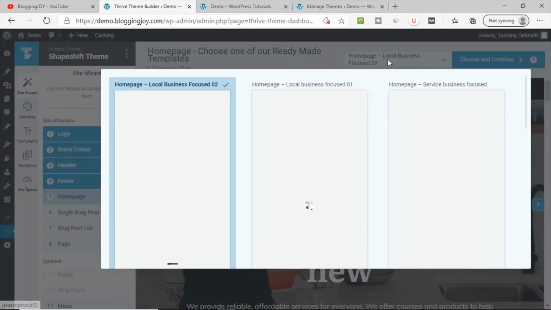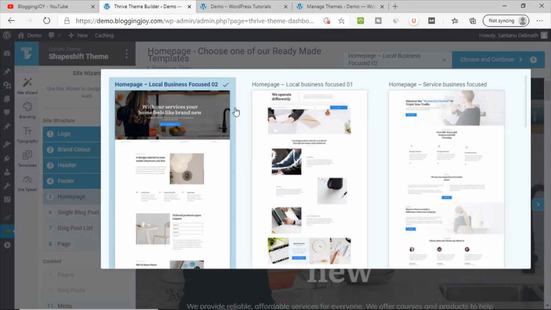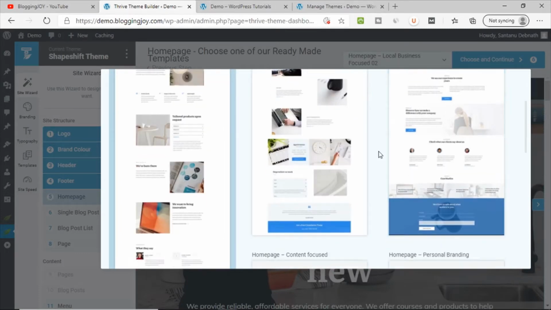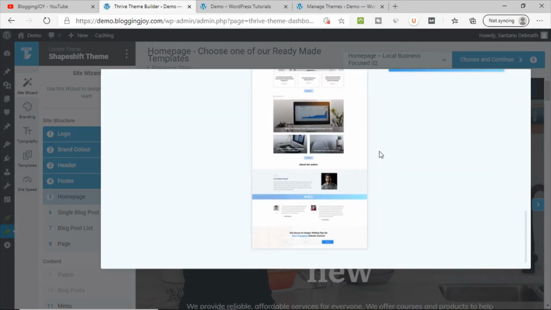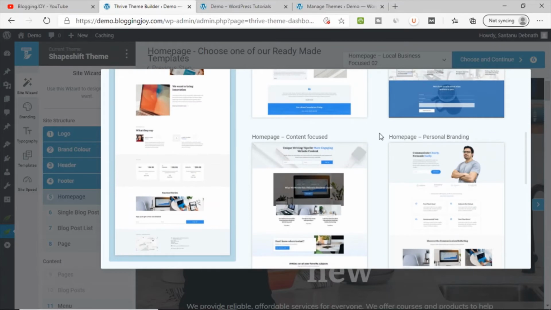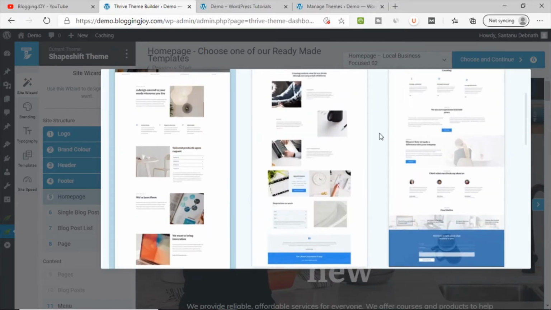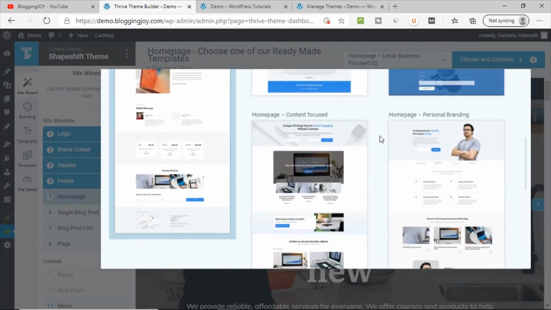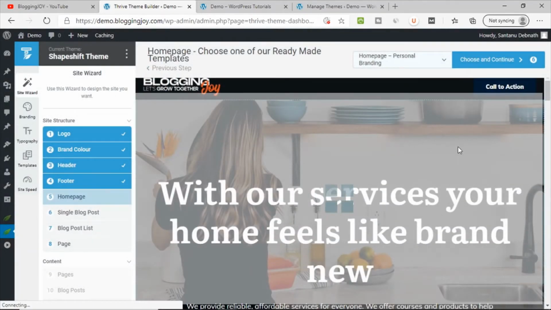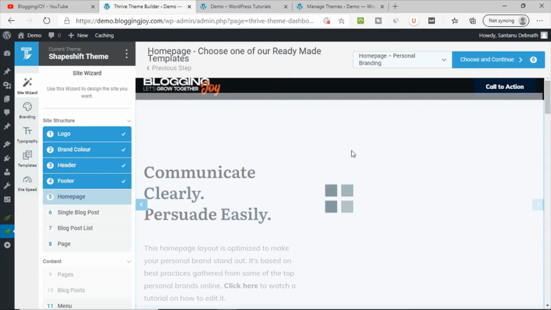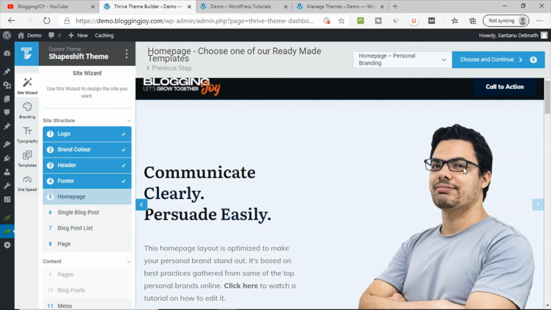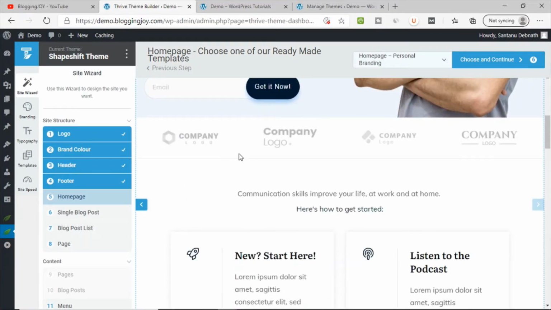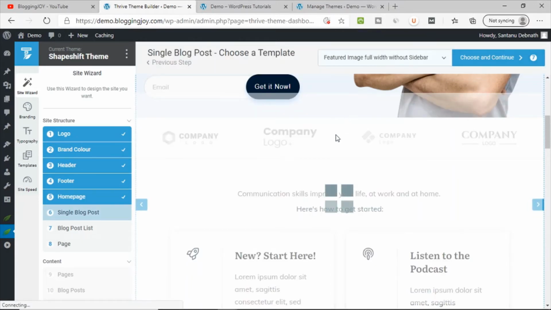So let's say choose a few of the templates. So this is one template. You can see that this is another template, 2, 3. So around 5, 6 ready to use templates are there. So whatever you like, you can choose any one of them. So let me choose, let's say this is fine. So this is something personal branding related. It looks good. Okay. So later on you can also edit the template, and let's say you can put your own picture, and then the websites you got featured in. This kind of layout you can easily make. So let me choose and continue.